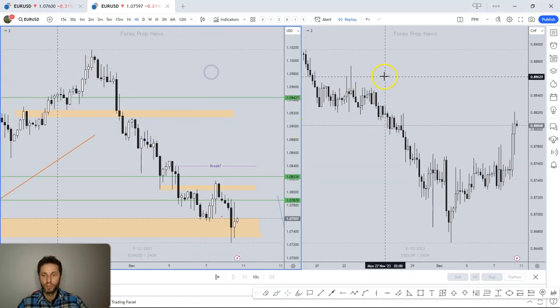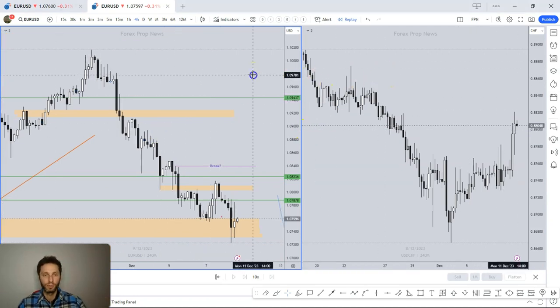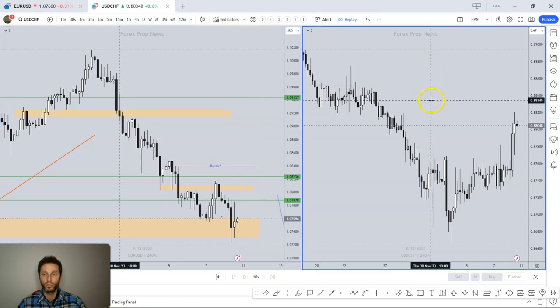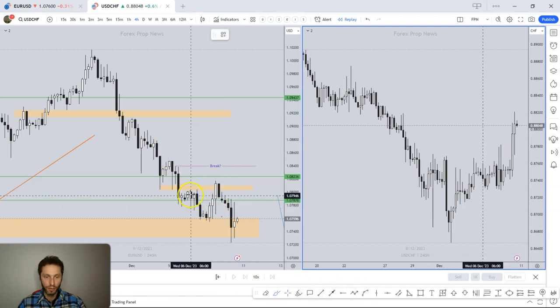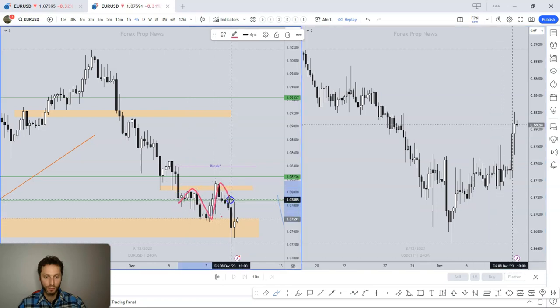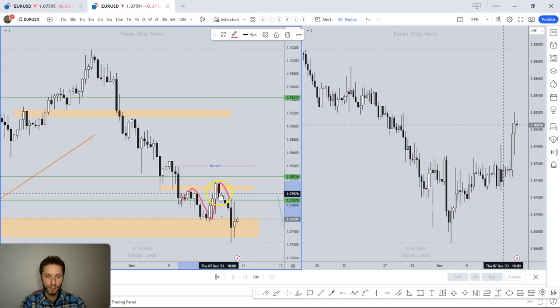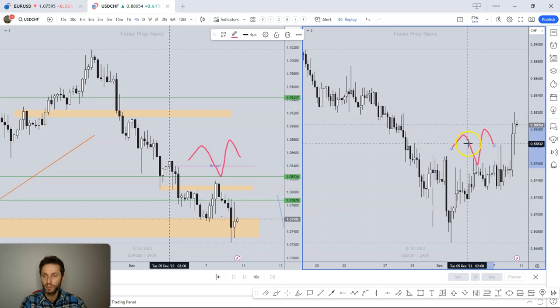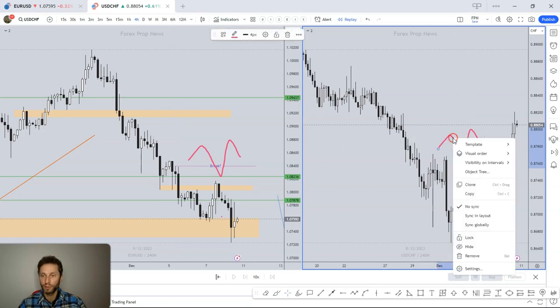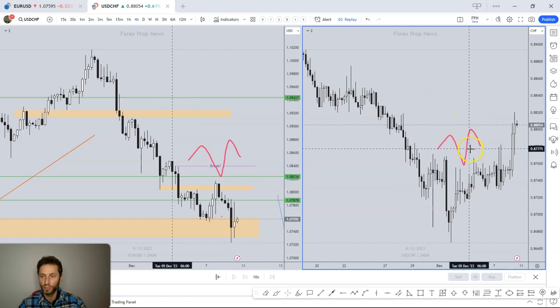So in this example, we are taking the inversely correlated pair. So we've got euro to the left and dollar Swiss to the right. Now again, if we wanted to buy the euro dollar, we have this price action going on. And if I take this and I copy it over here, what we want to see is, if I can now right click, basically it would be the inverse, the opposite, right? So if I do the opposite,